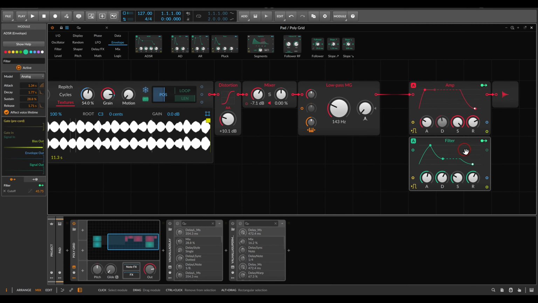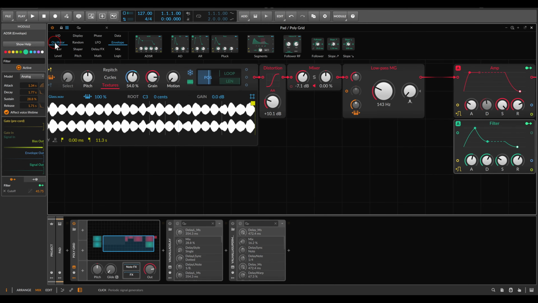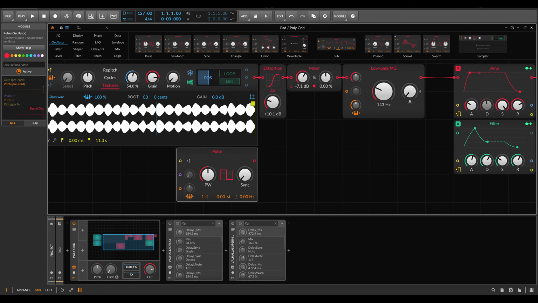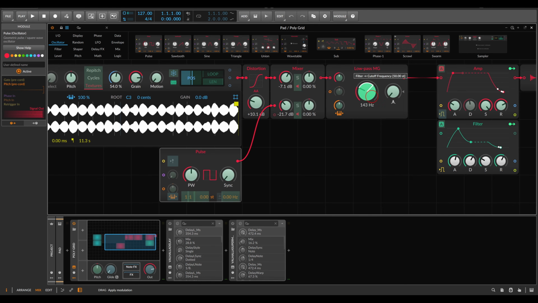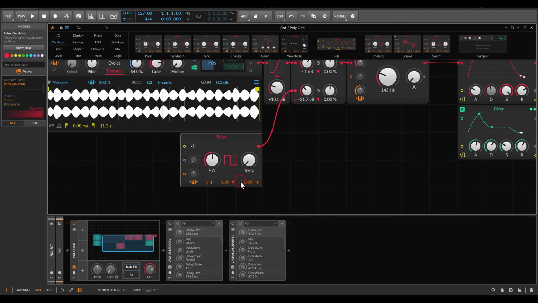Right, and now we can add more layers to this with something like the pulse oscillator. Right, I will send this to the mixer, and for now I will take the level all the way down so I can mix it in as another layer. Right, so I will play something and then start bringing the level up. Maybe modulate the filter here a bit more with the envelope. Something like this. And now I can add here stereo detuning to the pulse wave, so it's a bit wider